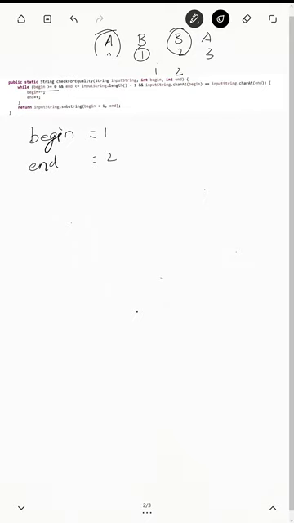The first condition is satisfied, the second condition is also satisfied, and for the third condition, the character at 1 and the character at 2 are both the same, so this condition is also satisfied. So begin value will be 0 and end value will be 3. Again begin is not less than but equal to 0, so it is satisfied.